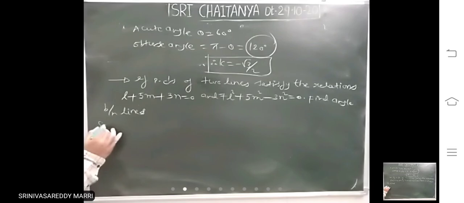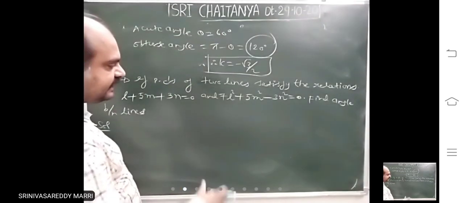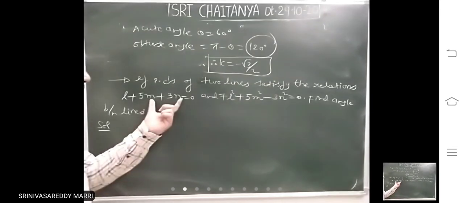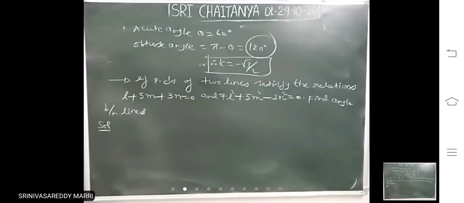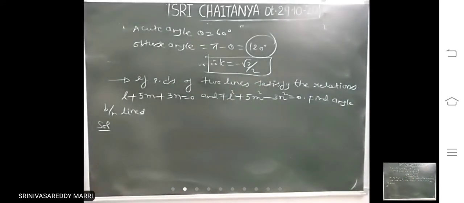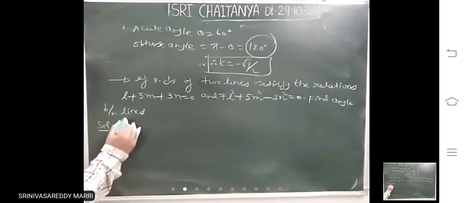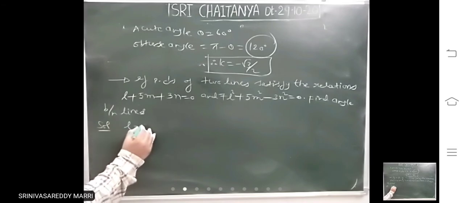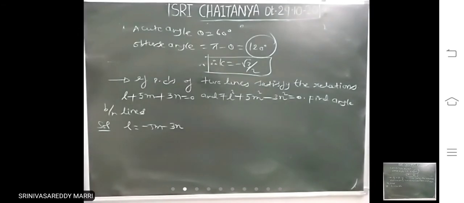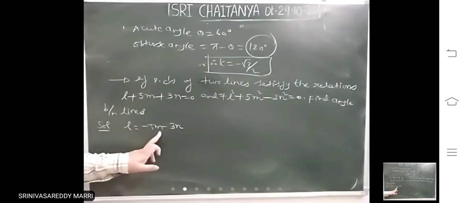Right? So DCs means what? l, m, n. They are satisfying these two equations. That means for these types of problems, you have to solve this and this to get l, m, n. If you got l, m, n, there is a formula: cos theta equal to... So take one variable in terms of the other. l is what? Minus 5m minus 3n. Any variable of choice you can take and substitute.